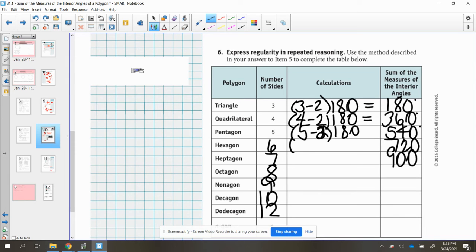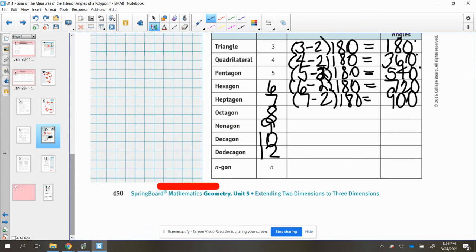So we see this pattern each time that we're consistently subtracting away 2 from the number of sides to get our total number of degrees. So we see this pattern would continue. 7 minus 2, oops, not 8, 2, and then times the 180 to get our next value, and so on and so forth. AKA n minus 2, the number of sides minus 2, times 180 gives us the sum of